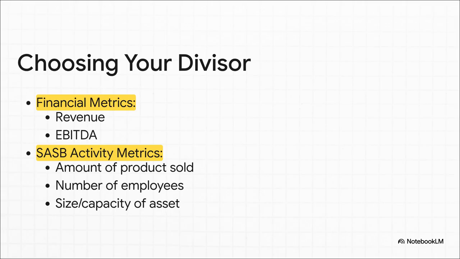The second, and often more powerful choice, is activity metrics. These measure something physical, like units produced, or the square footage of a store. They give you a much clearer picture of operational efficiency. Now, the trick has always been finding consistent activity metrics across an industry, and this is where the SASB standards are just invaluable. They provide industry-specific metrics designed to be the most relevant drivers of impact, creating a true apples-to-apples way to compare